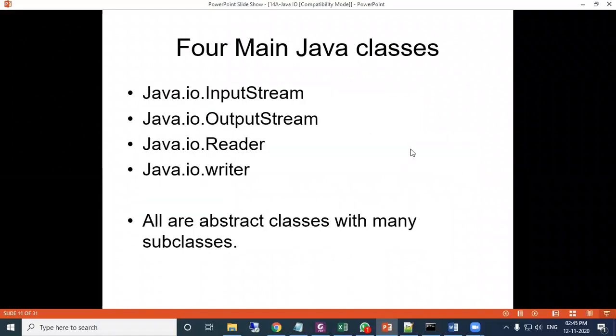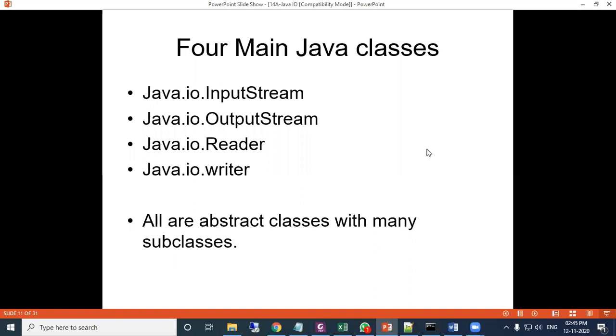So in Java, basically there are 4 classes which are used for file input output purposes. That is java.io.InputStream, java.io.OutputStream, java.io.Reader, java.io.Writer. These are the 4 classes which we will use for Java input output.